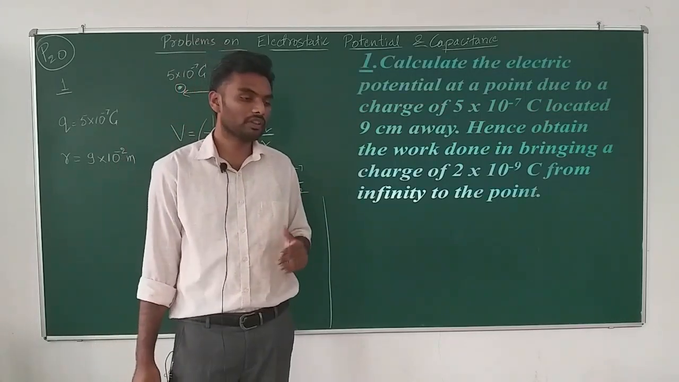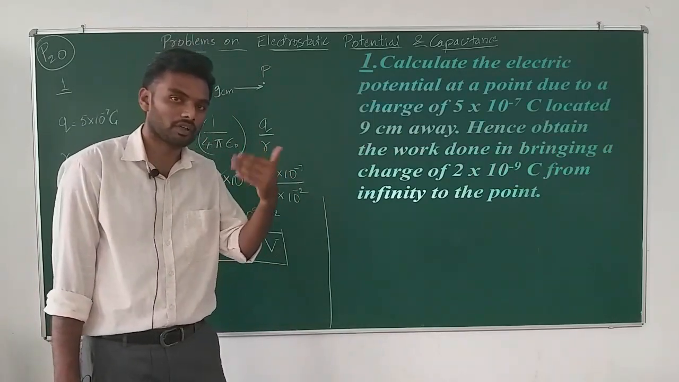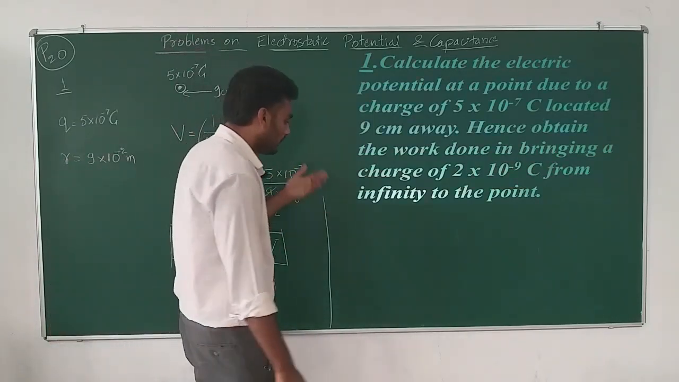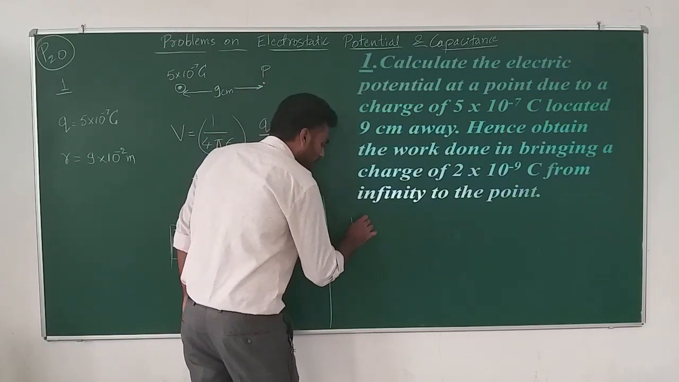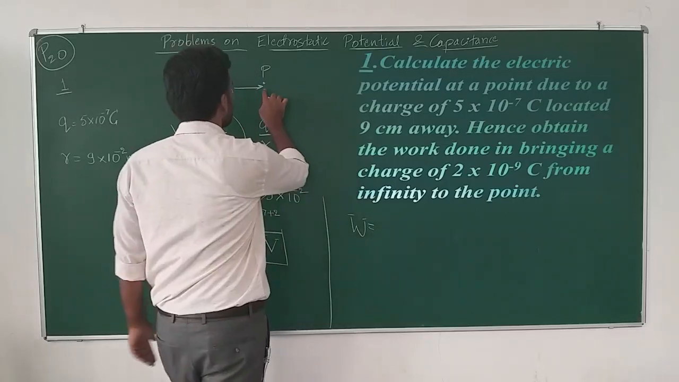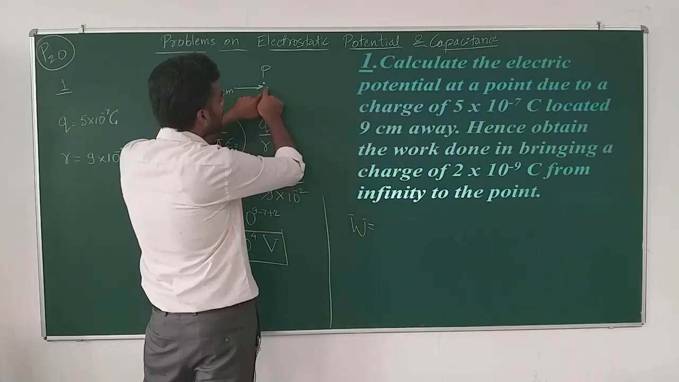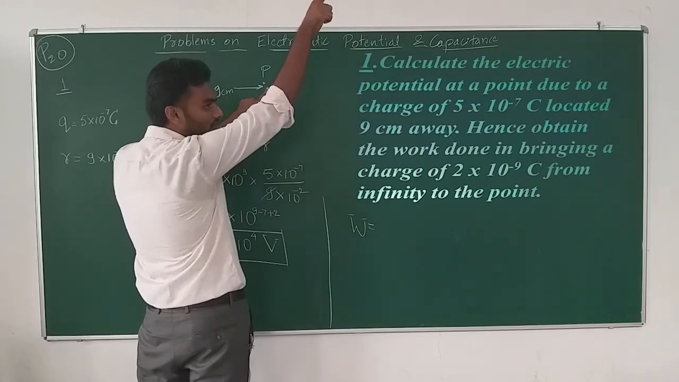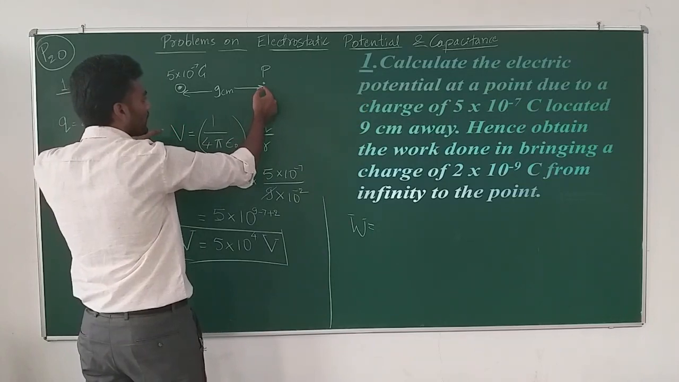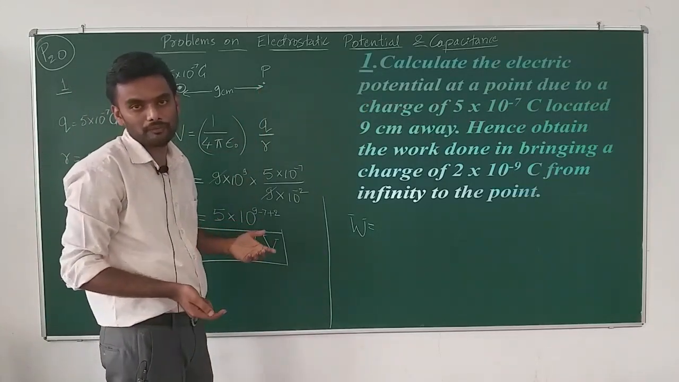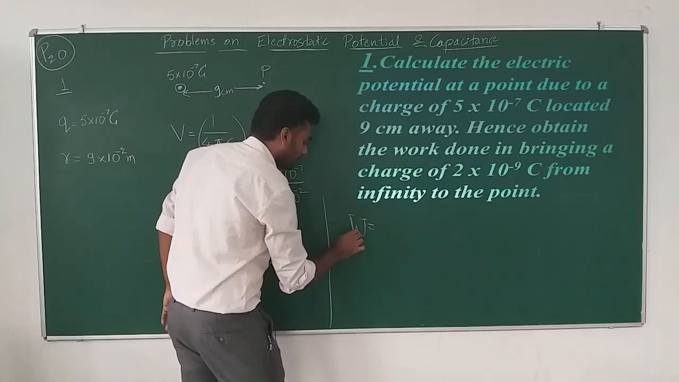Or we can also go with W is equal to VQ, right? You should memorize that formula or understand it as you go through the class. So the work done in bringing a certain charge, now I need to bring 2 into 10 to the power of minus 9 coulomb of charge from infinity to this point, right? I have to do certain work obviously, and the amount of work that I need to do is